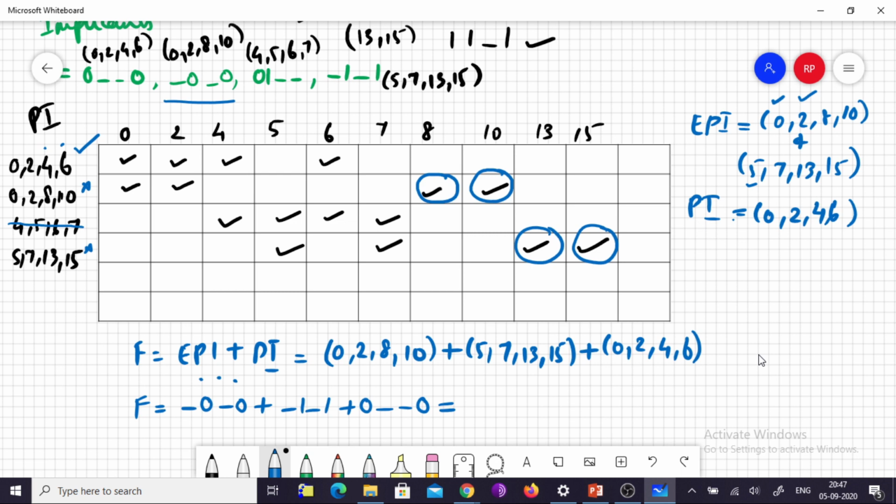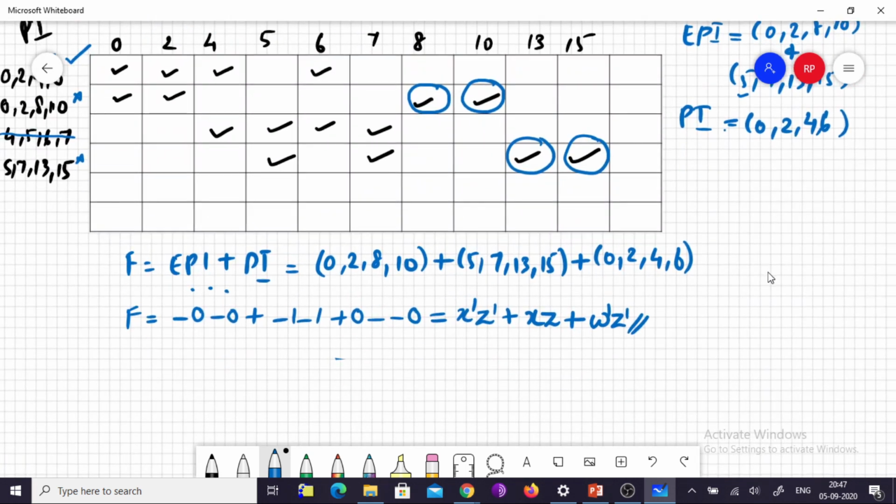So w is discarded, x is complemented, so x dash, y is discarded, z is complemented, so z dash, plus the second element, w is discarded, x is in normal form, y is discarded, z is in normal form, plus the last element, w is in complemented form, x and y are discarded, so then I have z which is in complemented form. So my final solution for this problem is given by f equal to x dash z dash